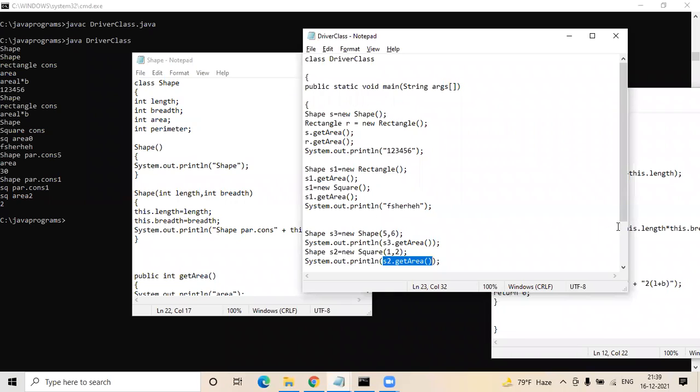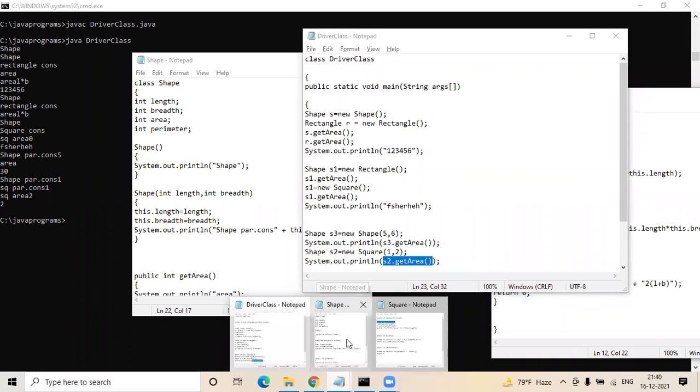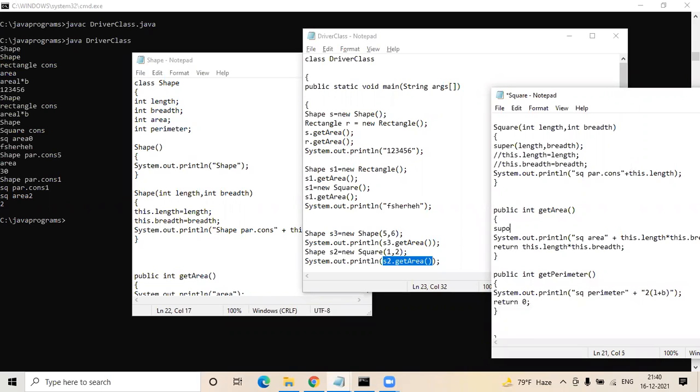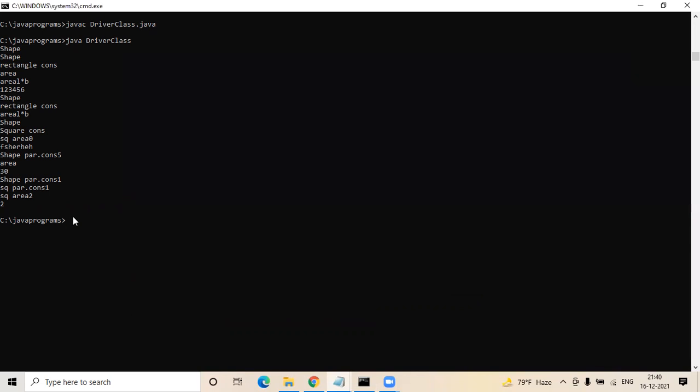What if I use the super in my square area method? So here I'm using that super dot get area. The change is done in the square class.